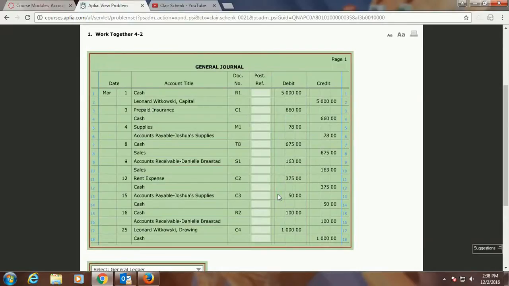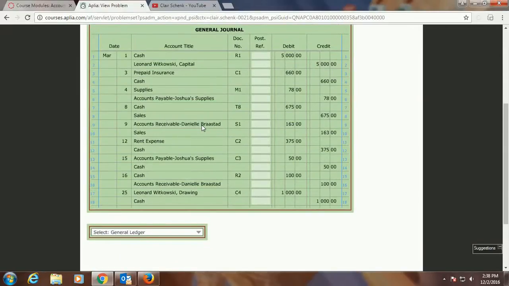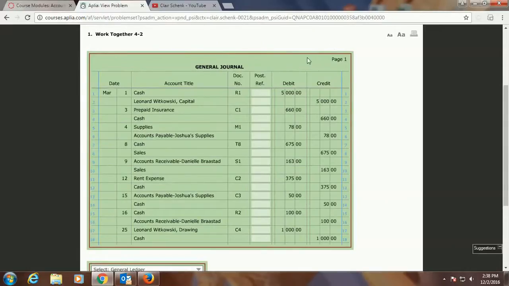So if I look at the instructions on page 101, it says there's a completed journal and a general ledger account. It says post all the entries into the general ledger. Well, in real life, it's done on a computer, and there's a push of a button. It does it automatically for you. But we're going to do it manually, so you understand how it's done when the computer does it automatically for you. So, if we look at our general journal, note the page is page 1,